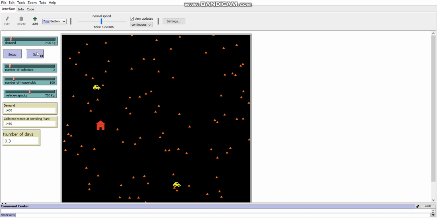When talking about this model, it has several weaknesses. One is that since the model has not incorporated how collectors will behave in an actual environment, the collectors move randomly to the closest household, and they might travel back again and again to the same house from which they have collected waste previously. So this can affect the accuracy of the results significantly.